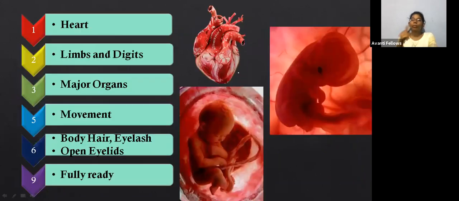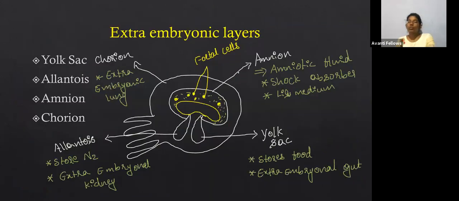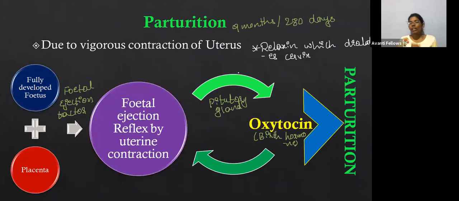And here one more thing we need to remember: whenever the strong contractions take place, at that time the extra embryonic membrane, that is the amnion, is going to be ruptured. Okay, the amnion is going to be ruptured during the strong uterine contractions. That's why before the baby comes out, first the liquid comes out, right? So that liquid is actually the amniotic fluid.